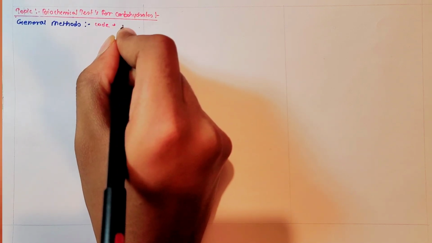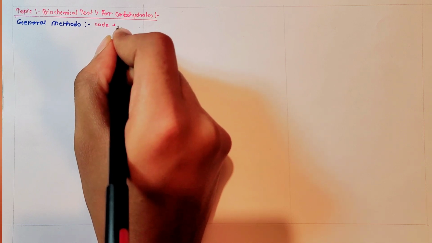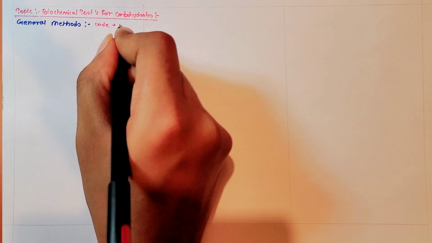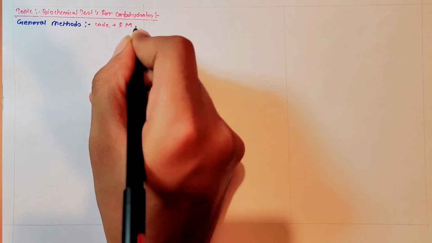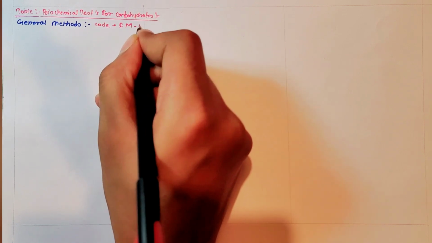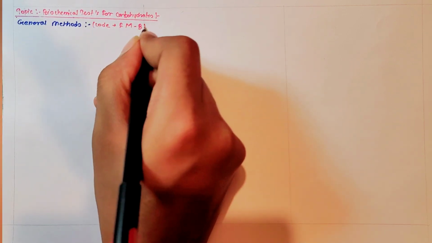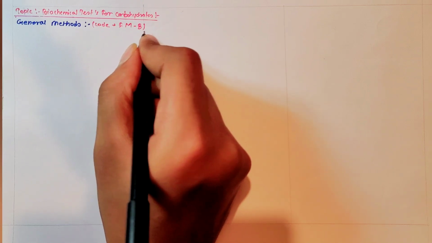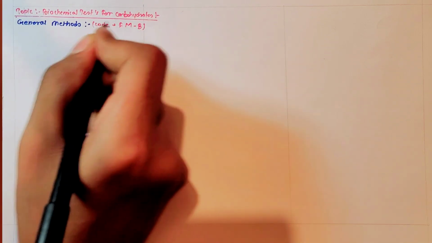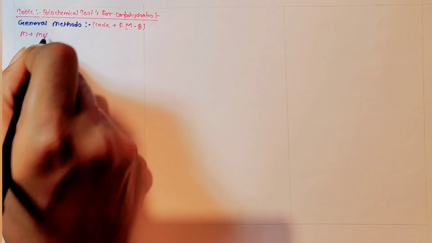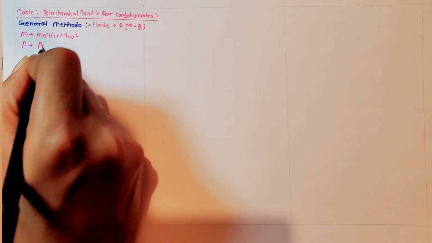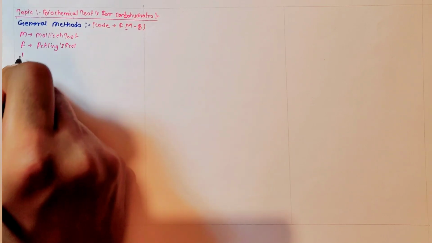Just remember your parents and your sister if you have. So there is a father, there is mother in our family, and there is sister, which in Hindi is called B. So the code found here is FMB or MFB, whatever you want to call it. So let's first take the M for Molisch test, F for Fehling's test, and B for